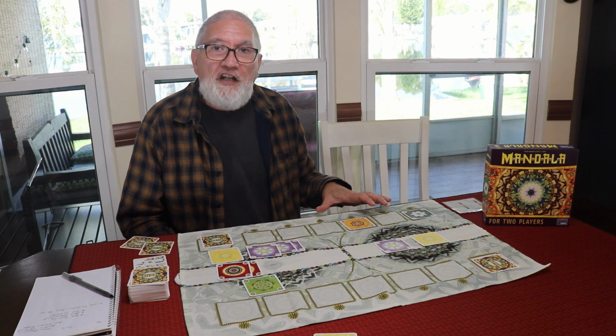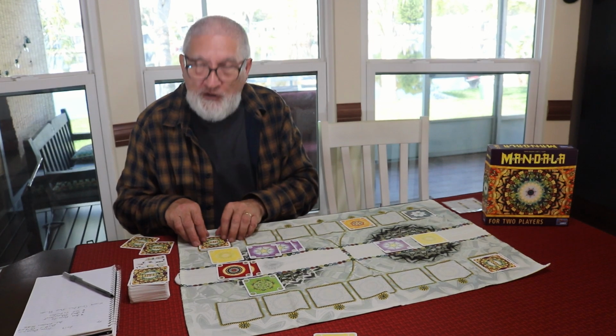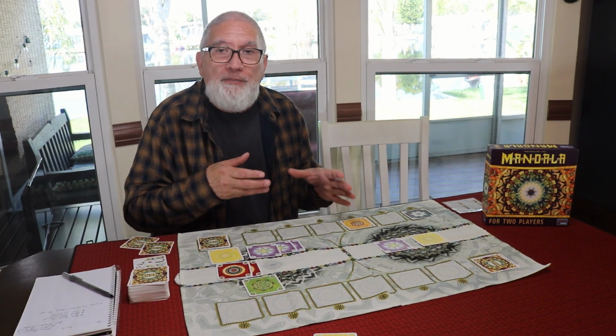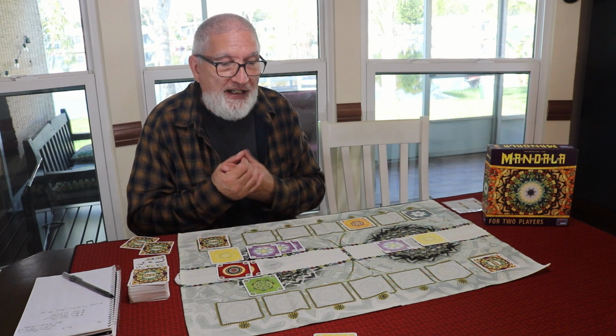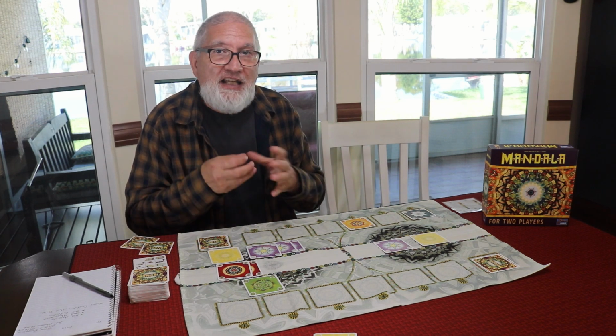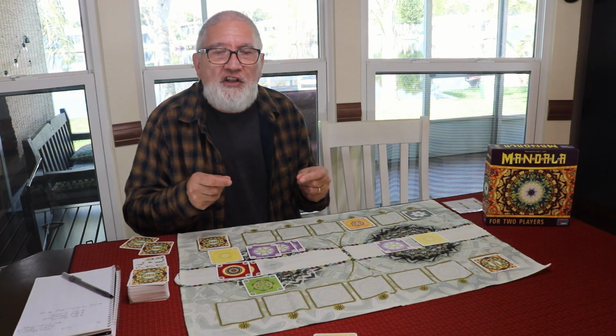But if you had enough cards that you won the mandala and you put them in your cup, you could possibly beat that player even though they got their spaces filled up all the way to number 6. It's possible to do that, and that's what you're trying to do, is balance that in this game. And it can be played so many different ways, and there's so much to think about when you take your